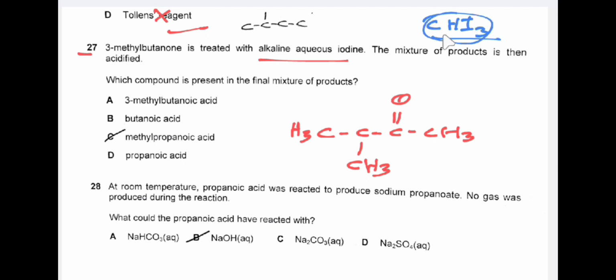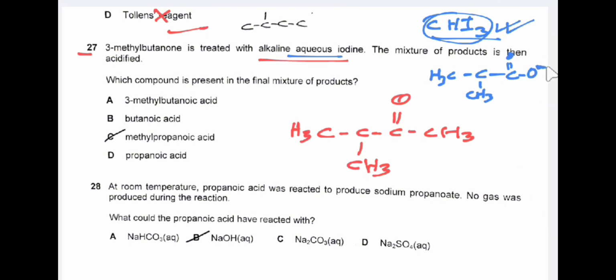So iodoform is formed, that is CHI3. After the formation of CHI3, what occurs? CH3 CH3 CO and O ion is present. So after the reaction with alkaline aqueous iodine, this iodoform is formed that causes a yellow precipitate, and this ion is formed, that is CH3 CH3 CO is the same, and O